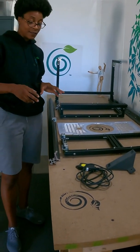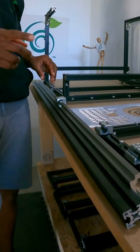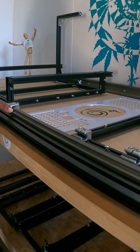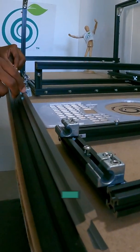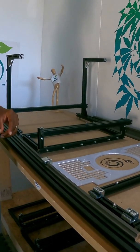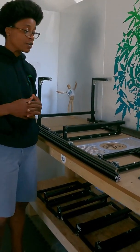Last but definitely not least, this is a pretty cool feature, when it came to the robotics and the automation and the movement, we really wanted to be very thoughtful behind that. So we went with what's called IGUS rails, IGUS rails with dry linear bearings. So you can see very smooth movement. These are rails and bearings that you might see in food automation, other robotics, and also the 3D printing industry,